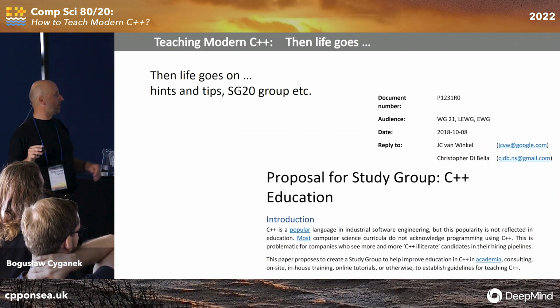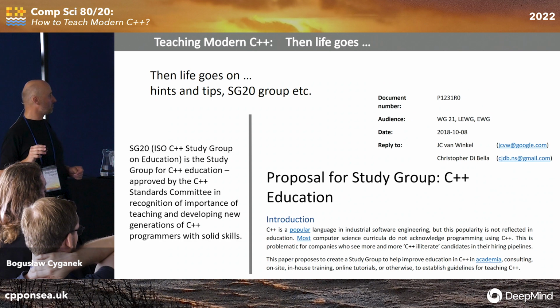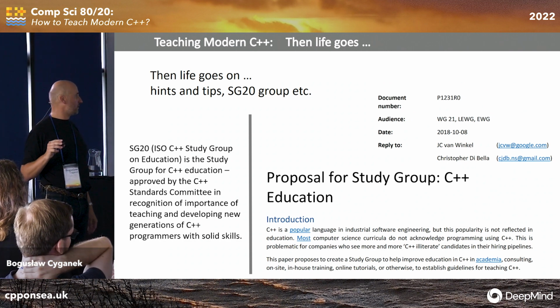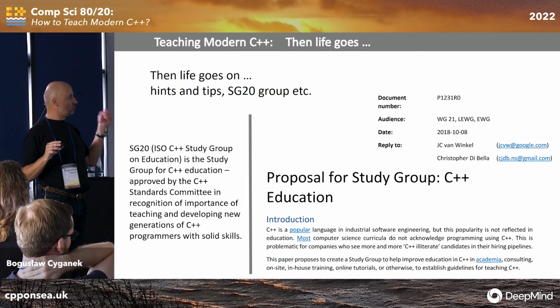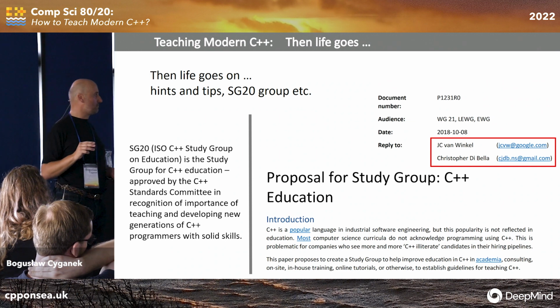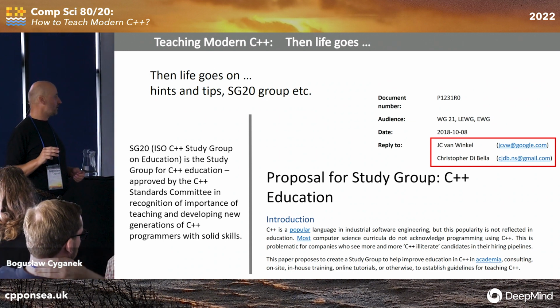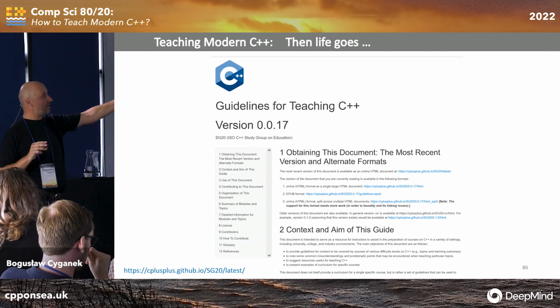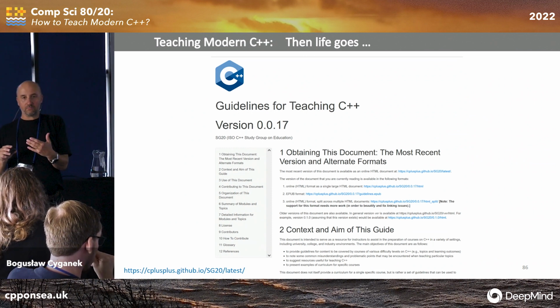So this is the proposal for a study group, and the group is accepted by the C++ Standard Committee. It was established by J.C. van Dinkel and Christopher Di Bella in 2018. You can find the guidelines for teaching. This is not a book for teaching.